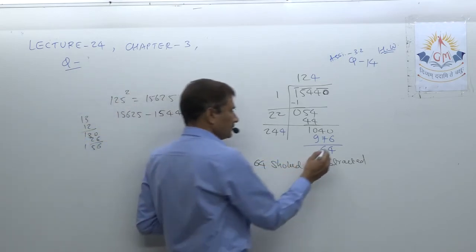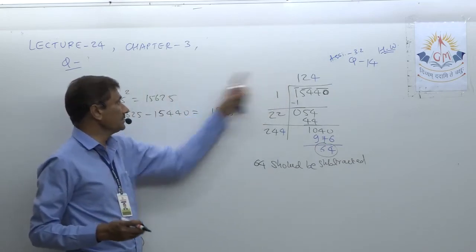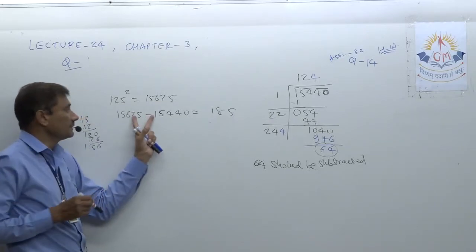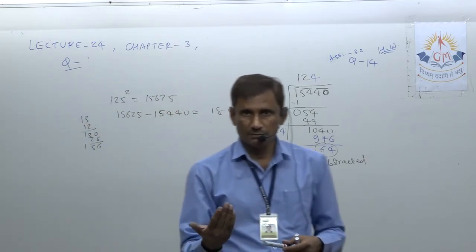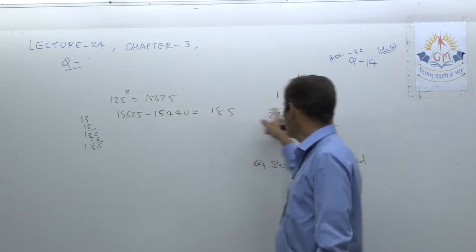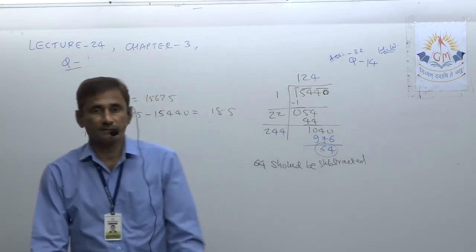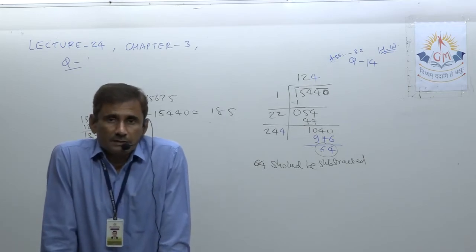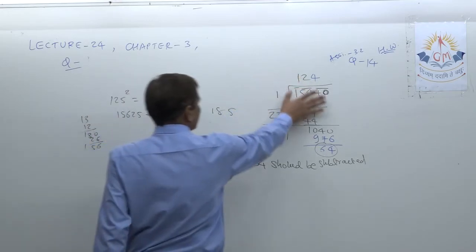But this is not asked here, they ask only subtraction. So for subtraction it is easily available. For addition you should go to the next number's square. So I selected 125 square, then took the difference. Why? Because we required how much? How far are we? So that difference we need, and that number should be added to the given number so that it becomes the next perfect square number. Okay. So I am just revising the question, just like number 9. Now this number 15 is over.